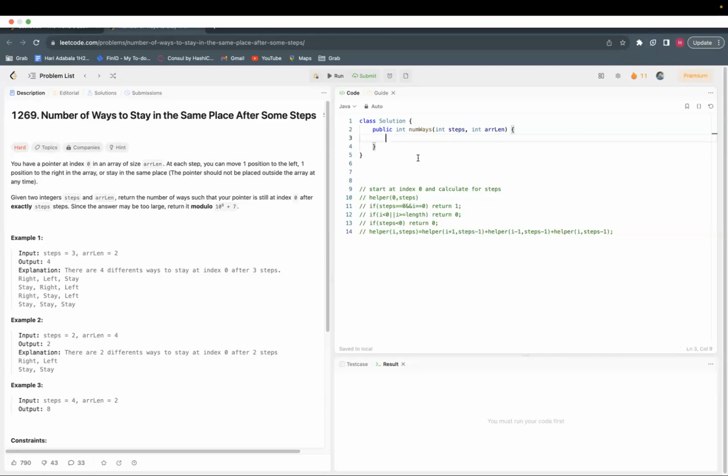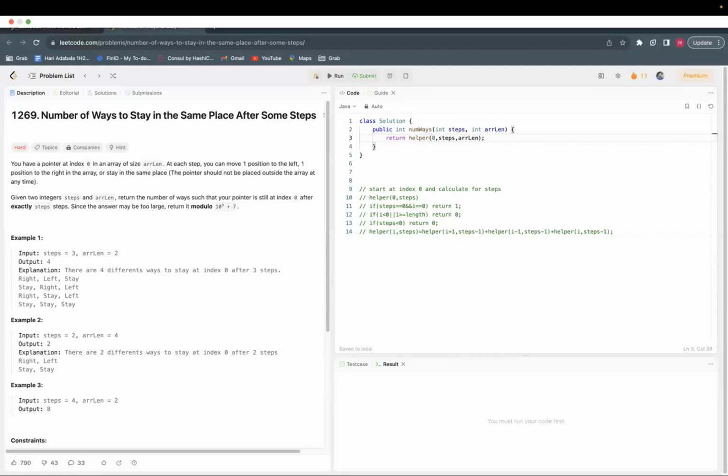So here, let me call helper function with, we are starting at 0th index, and we need to take these many steps